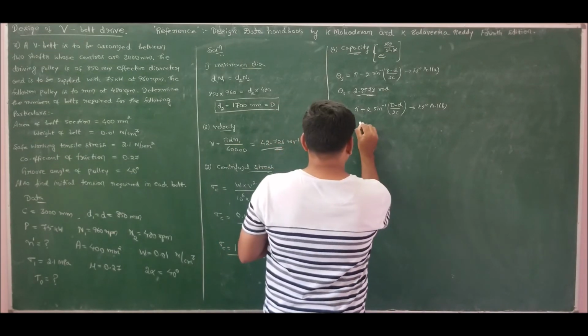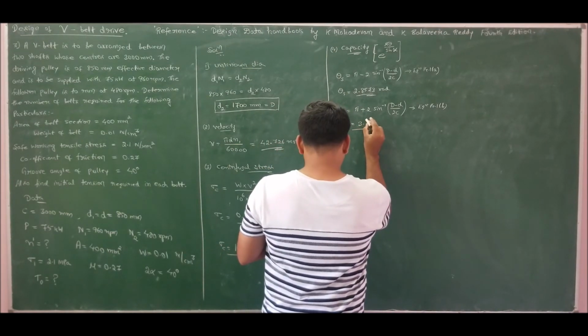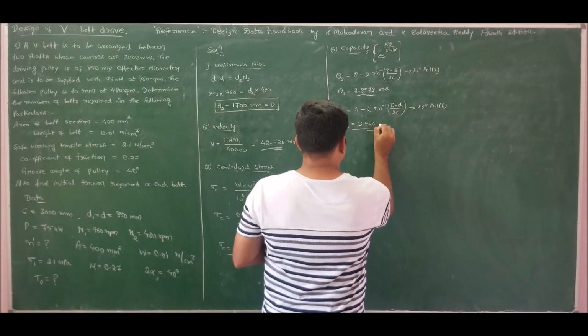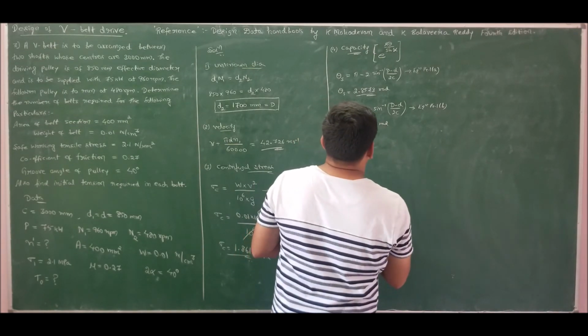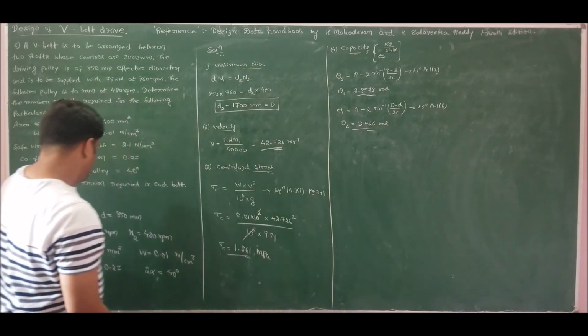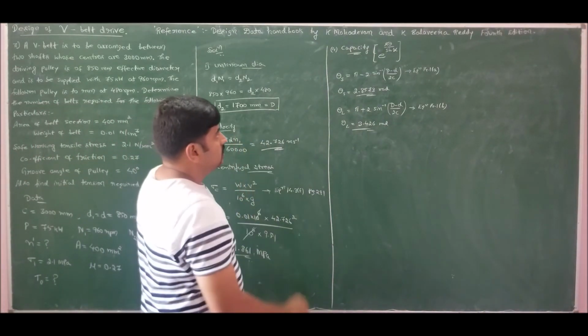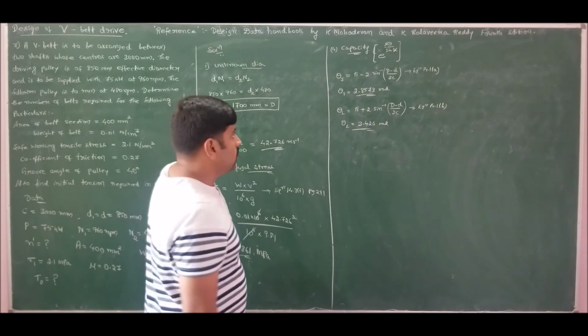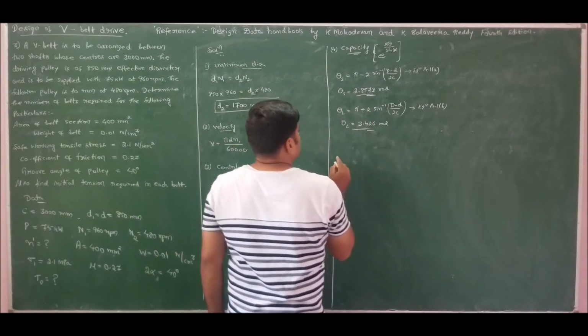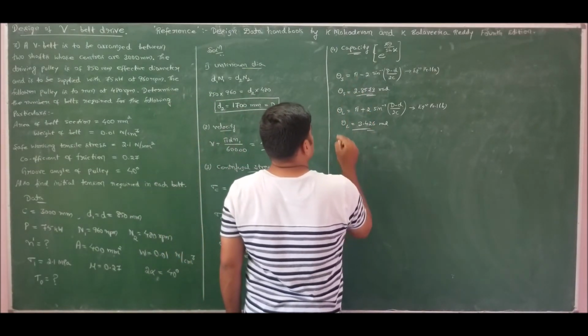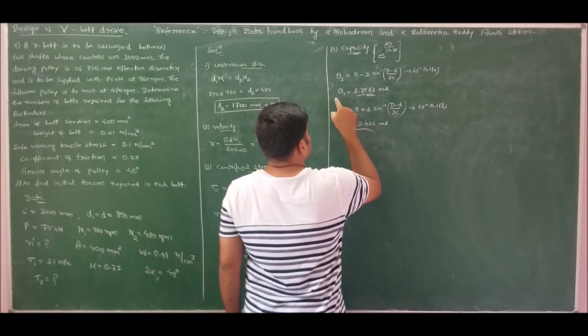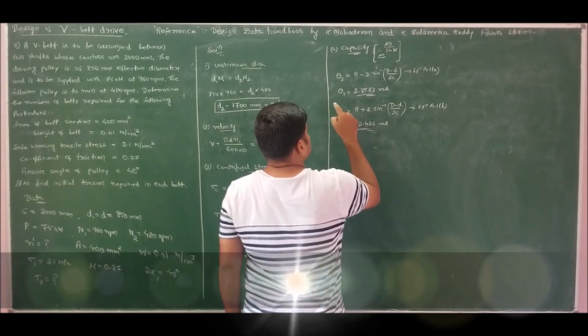Theta for larger pulley is 3.426 radians. Now if you observe, mu, the coefficient of friction, is 0.27 for both the pulleys. So therefore always we should go for the smaller angle as the capacity. Since mu is the same, e to the power of mu theta by sin alpha is nothing but e to the power of mu theta s by sin alpha.